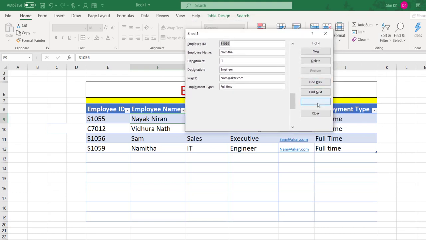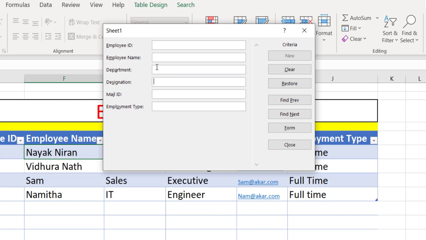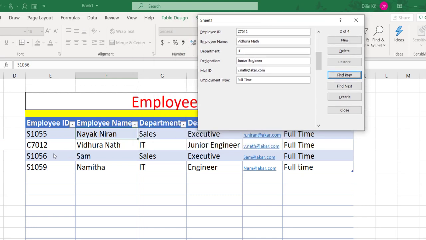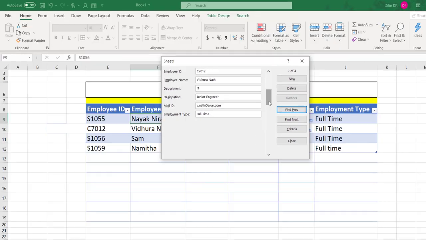Select Criteria and provide department as IT and Find Next. I got Namita, she is working in the IT department, and Find Prev. Vidyanath is also working in the IT department. Okay, 204 is working in the IT department. So by using criteria, I got the employees working in the IT department.